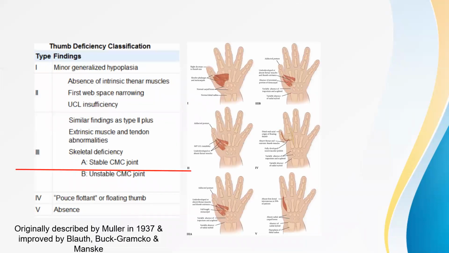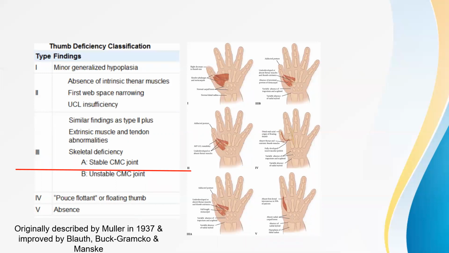The thumb deficiency is part of the radial club hand, and is regarded as part of the club hand nowadays. Also, it can happen in isolation, as we said, when it is less than type 1, or it can happen with a more severe radial club hand. The thumb deficiency classification was originally described by Muller and then improved by Buck-Gramcko,